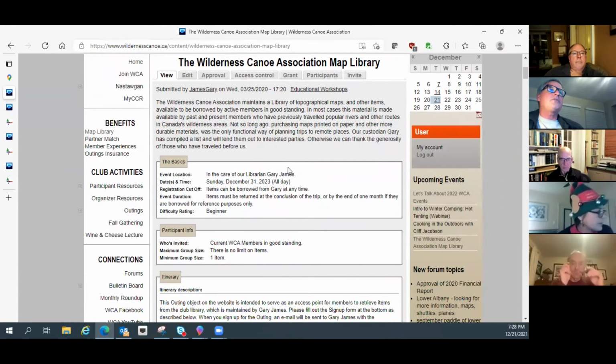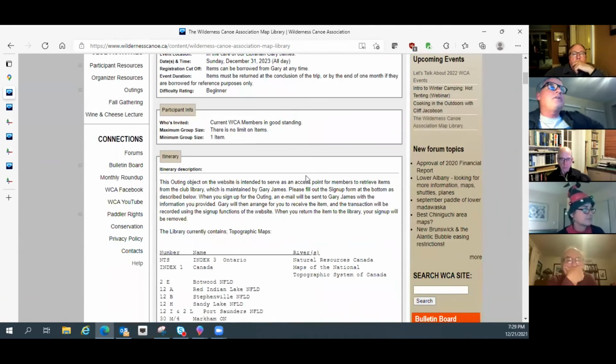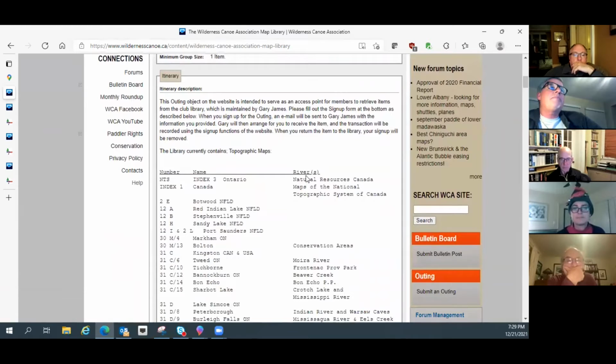And basically, you go through it and it says Gary James is our librarian, and I'll introduce Gary shortly. We just posted this event for, I don't know, 2 years from now. And we talk about what the map library has. So basically, the WCA has been in existence since 1973, so we've got roughly 48 years of maps and